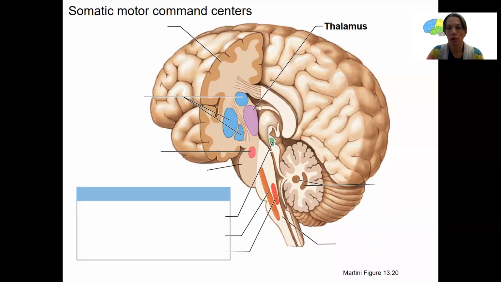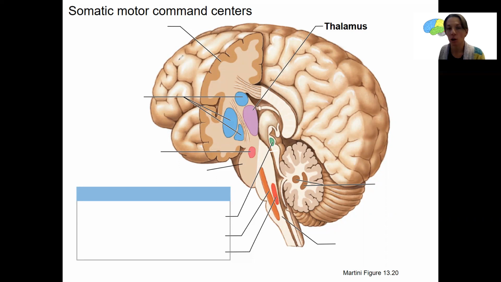In addition to those tracts coming from the primary motor cortex, we also have more subconscious control of our muscles. So that corticospinal tract is really the conscious control where we decide to make a movement and we do. The brain regions I'm going to show here are involved in more subconscious movements that occur without our fine-tuning our motor movements, our movements based on sensory input. So proprioceptors, for example, such as the muscle spindles of your legs that are stretched, might input to adjust these